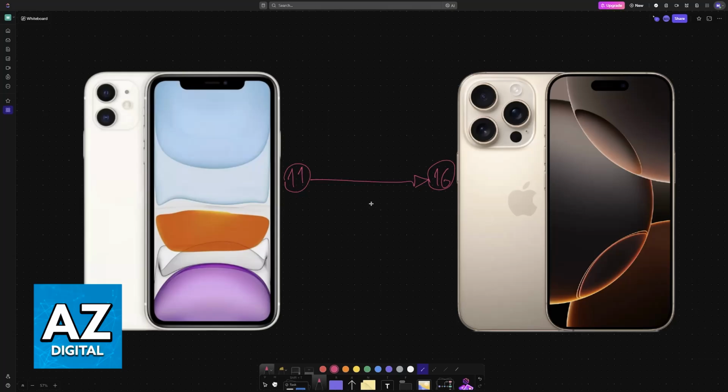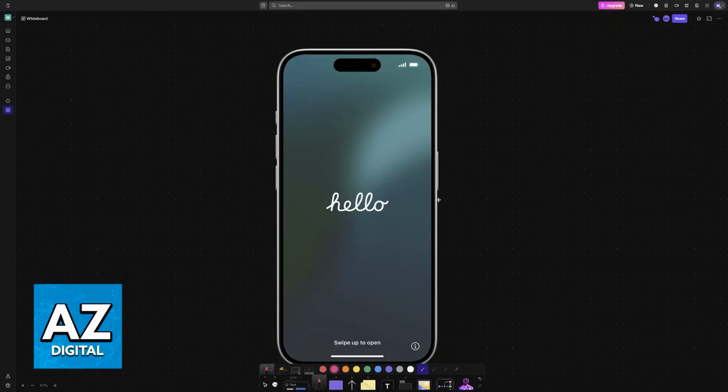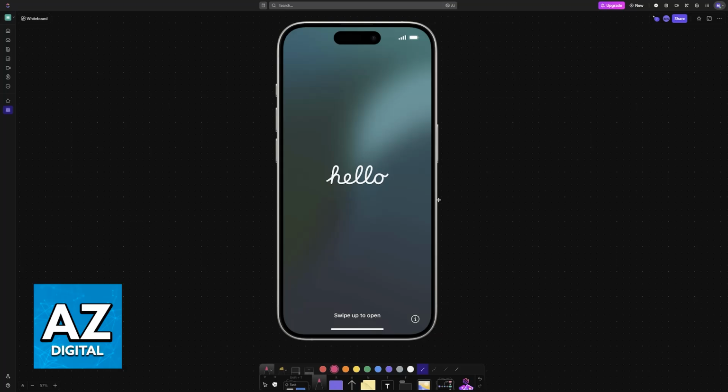In this video, I'm going to show you the proper way to transfer over all of your apps, accounts, photos, videos, and documents to a new iPhone model. Regardless of the model, you will be able to follow along. Of course, the focus of the video is on the iPhone 16, but the steps are the same for any other one.